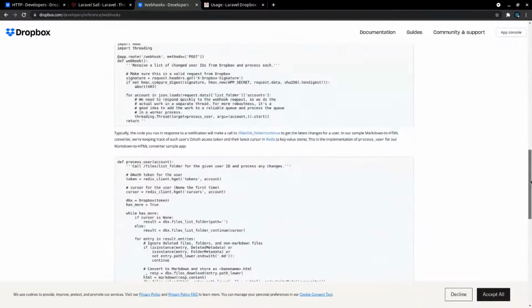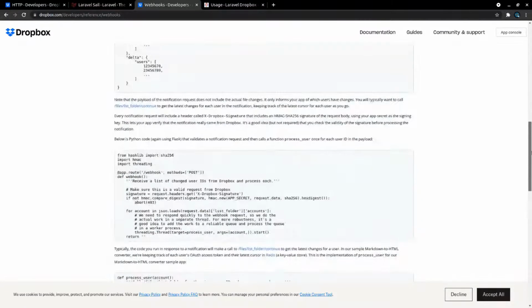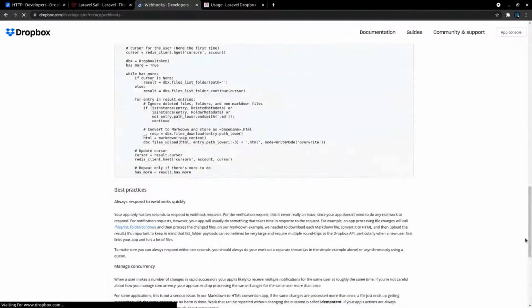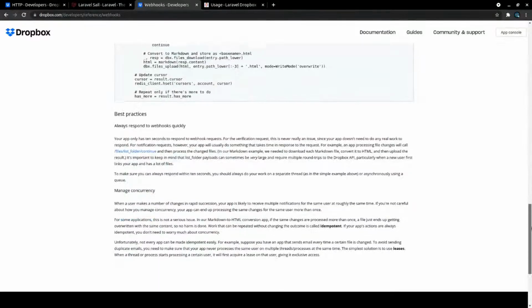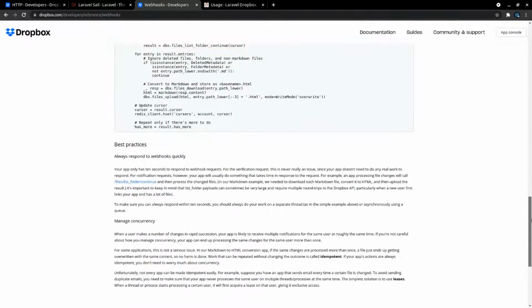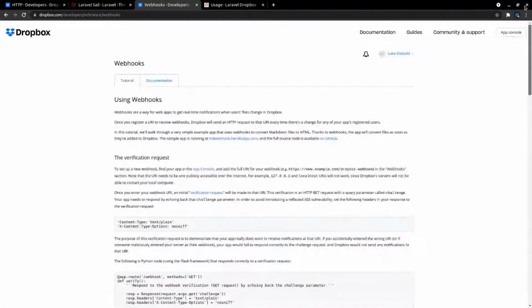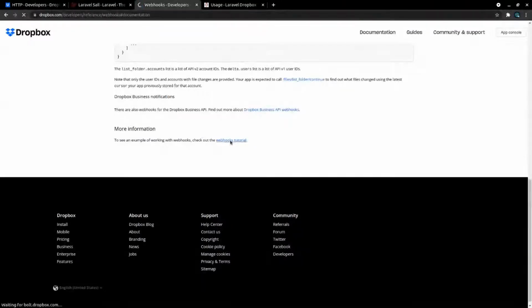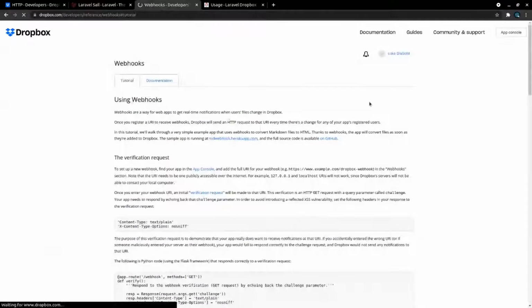I want to know what webhooks they have available though. Oh, looks like this is going to be complicated. All right, let's actually read this.